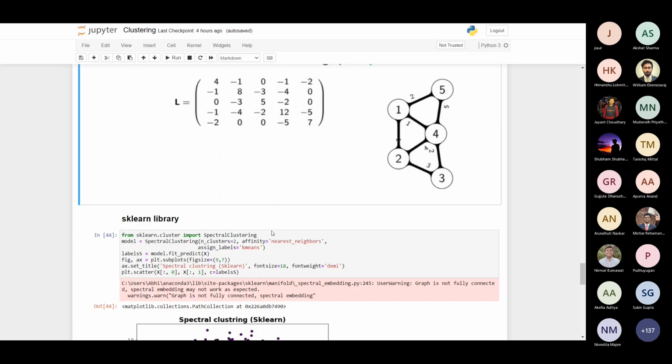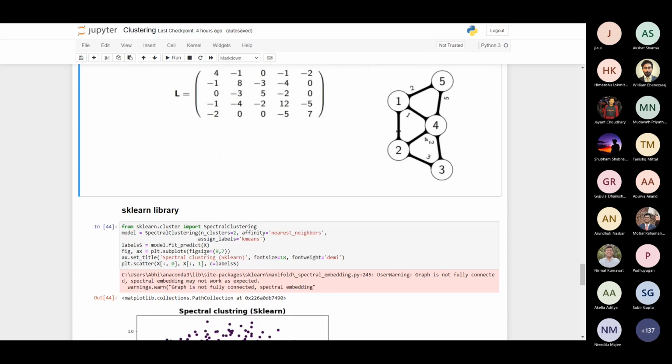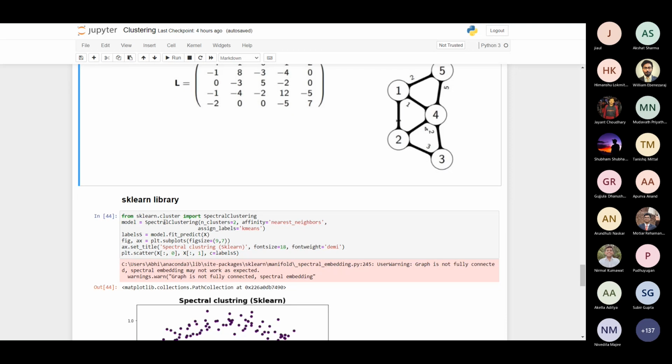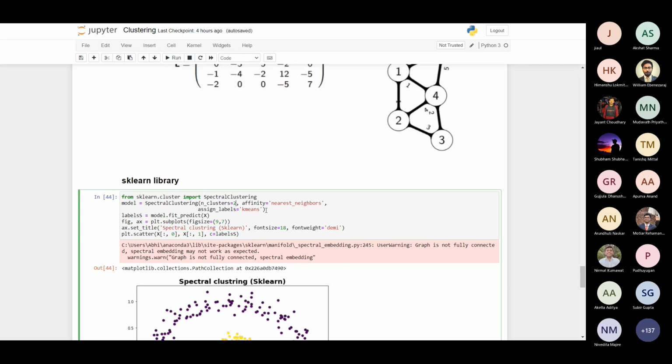Here we are using the sklearn library for it. With the help of the sklearn library we can call spectral clustering. Here we use two clusters, we are using affinity as nearest neighbors, and we are using the k-means algorithm.